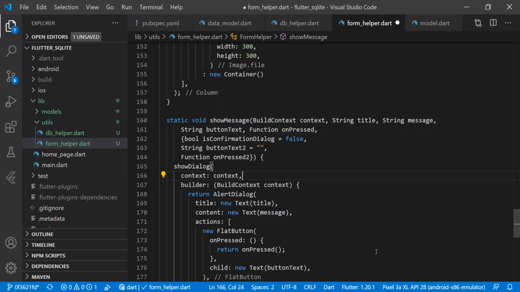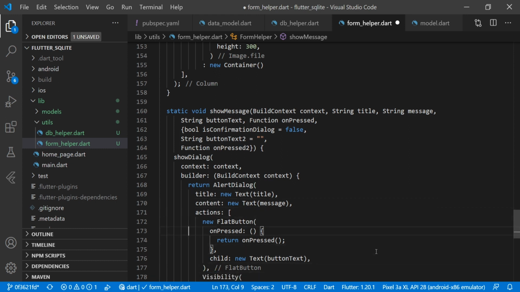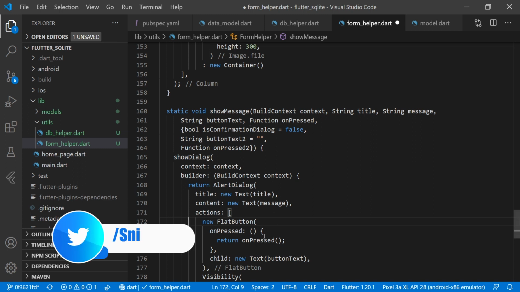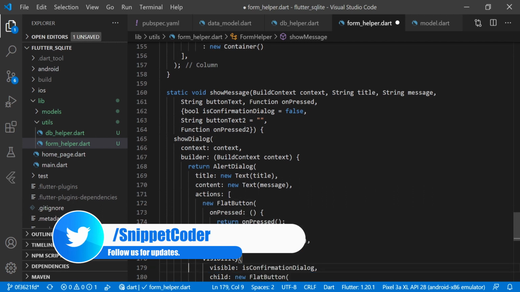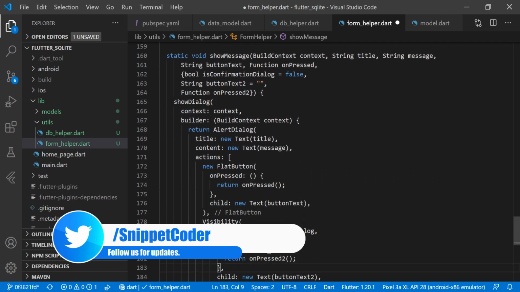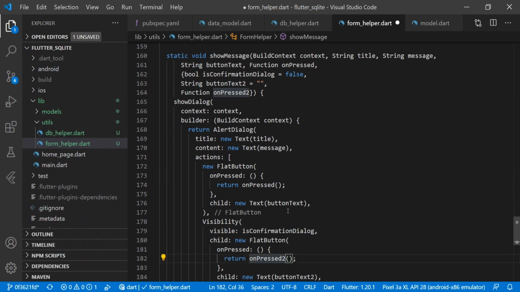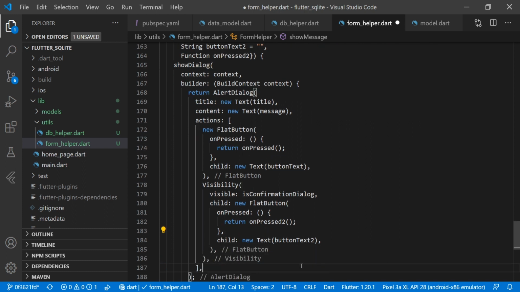Here we are returning a show dialog box, and in the builder we are returning the alert dialog, and we are passing the title, message, and then we have a flag for two buttons. If it is a confirmation dialog, we are passing the two buttons by using the visibility, else we are passing just a single button for OK. And we can also pass the button names from our pages.